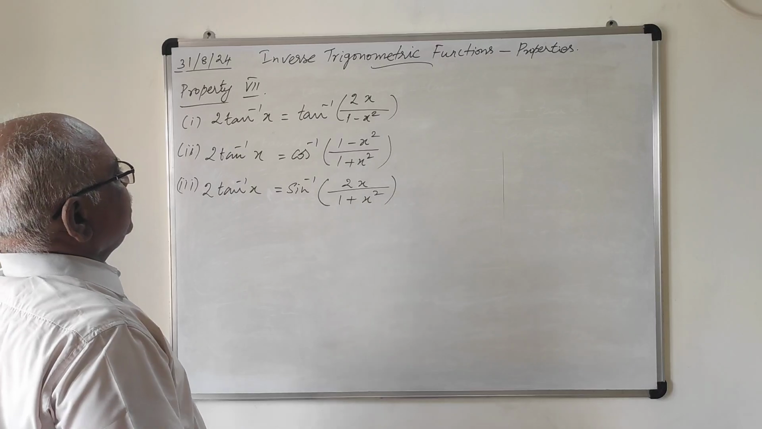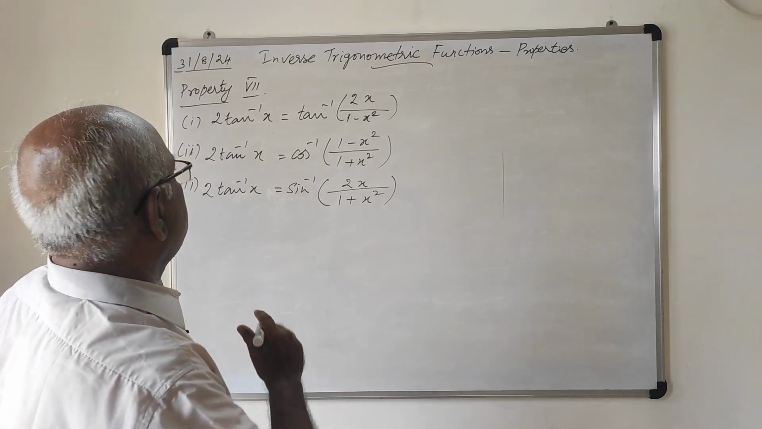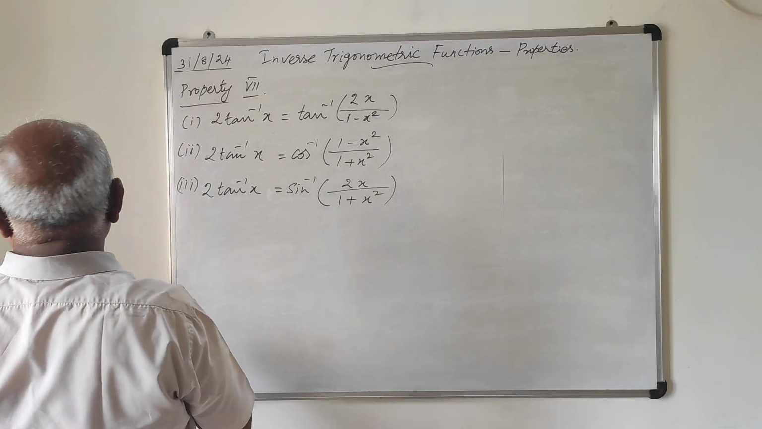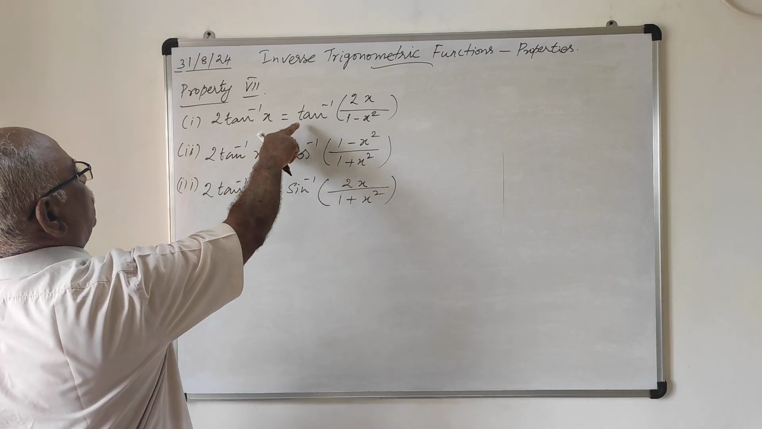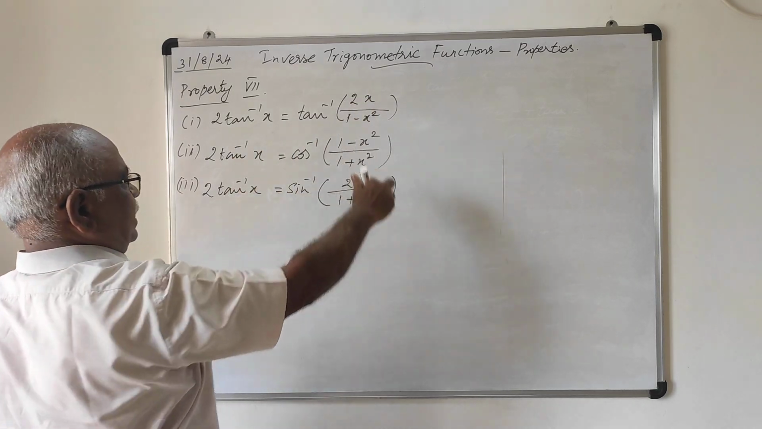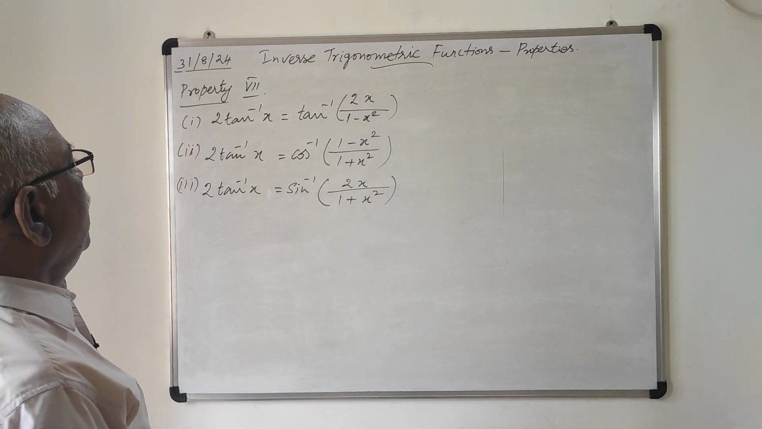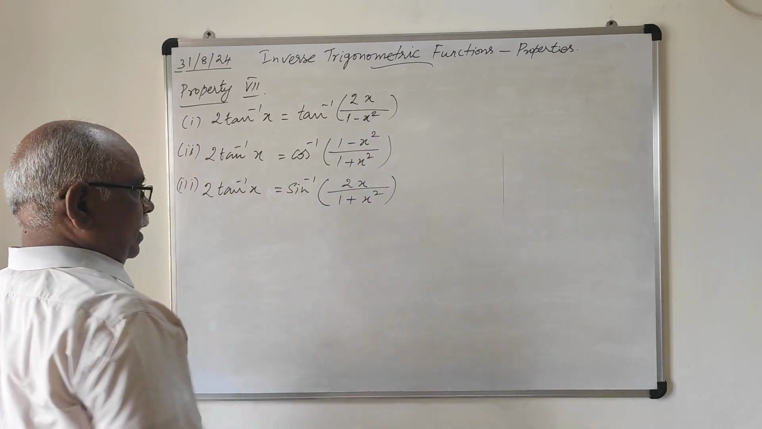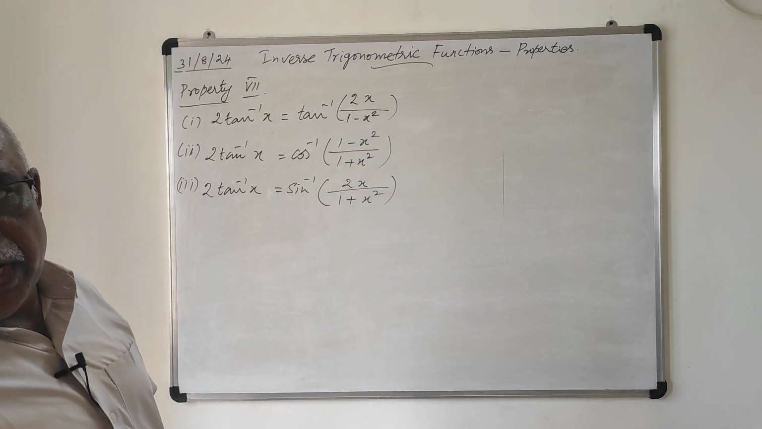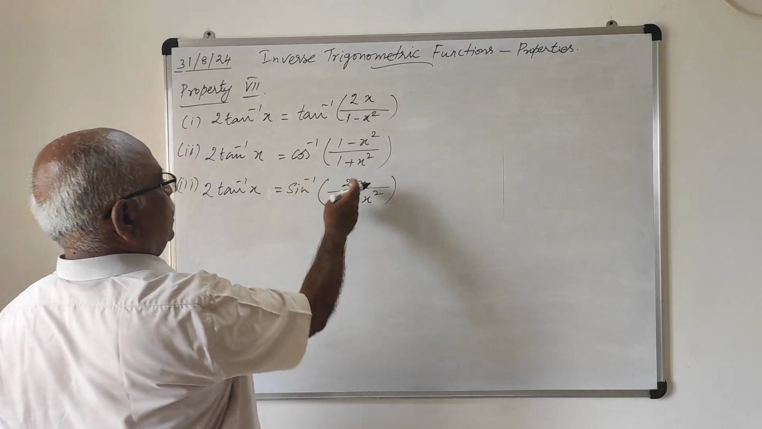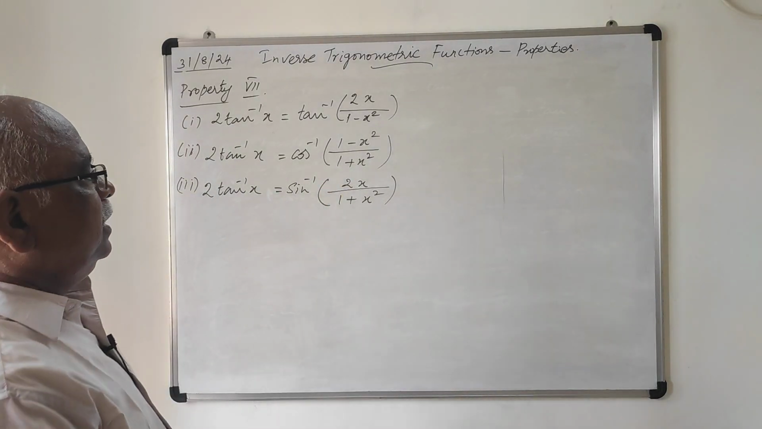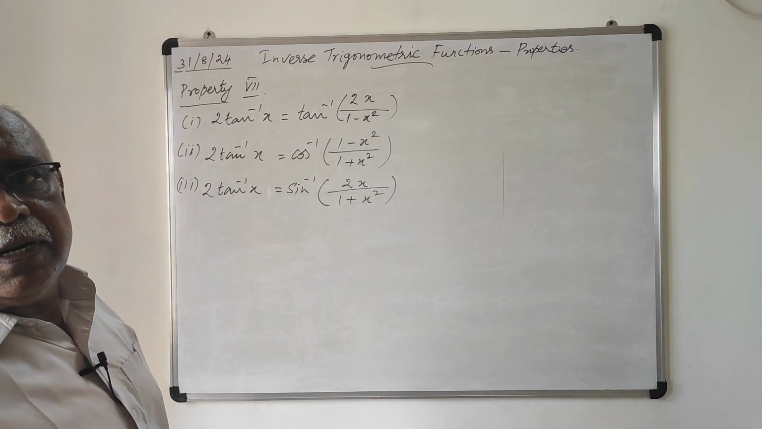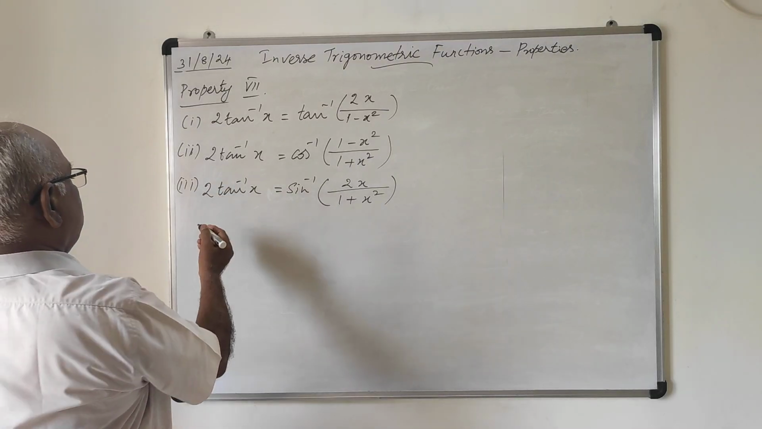Next, property 7 consisting of 3 results. First result: 2 tan inverse of x equal to tan inverse of 2x by 1 minus x square. And 2 tan inverse of x equal to cos inverse of (1 minus x square) by (1 plus x square). And 2 tan inverse of x equal to sin inverse of 2x by (1 plus x square). These 3 results come under property 7. So first result,